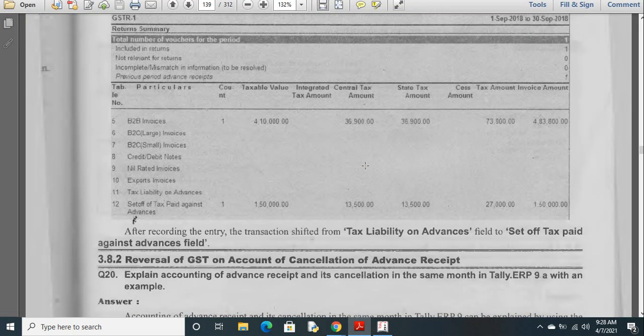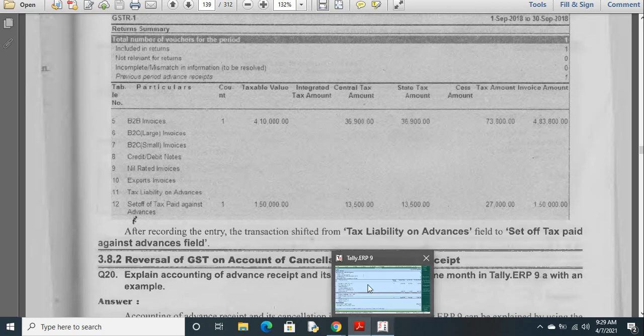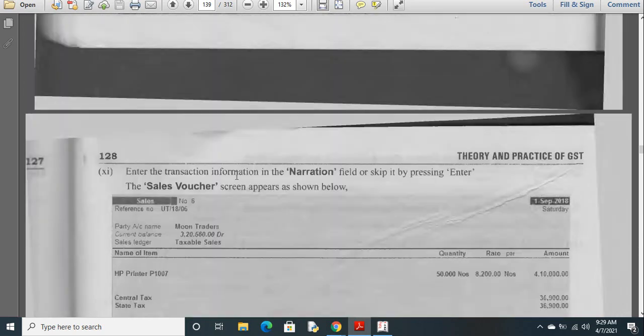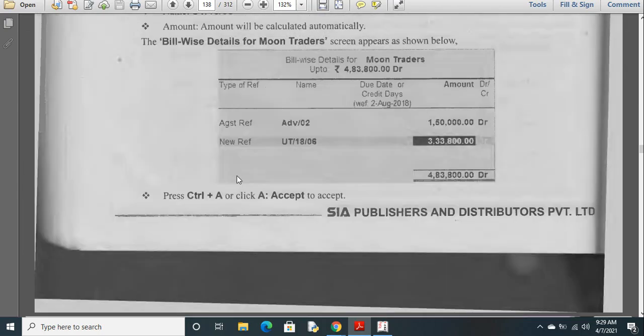Okay. So when we are dealing with different months, we perform that sale operation in the next month. It is in the sense we have received an advance. In that advance, we have already tax amount included. So that means we have received the tax in advance. Already we have paid it. So that is considered as a current asset. So you have to create tax liabilities and enter the transactions into journal voucher to adjust the amounts included in that. So this is the way to enter the transactions.